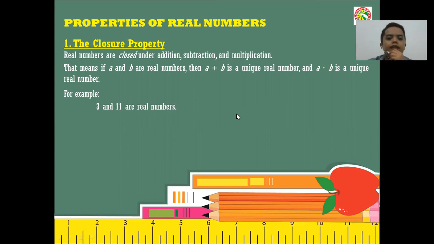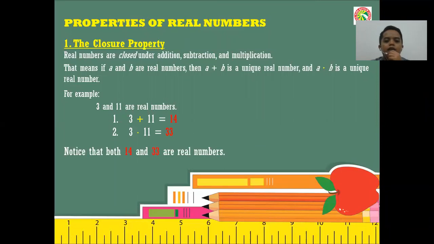the given is 3 and 11 as your real numbers. Then, when you add 3 plus 11, it is equal to 14. And when you multiply 3 times 11, it is equal to 33. Now, notice that both 14 and 33 are real numbers. So the closure property says that when you add two real numbers, there is a